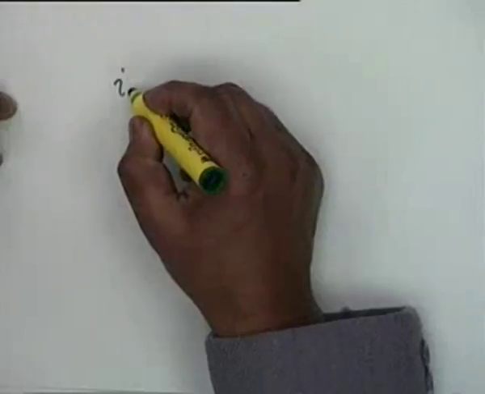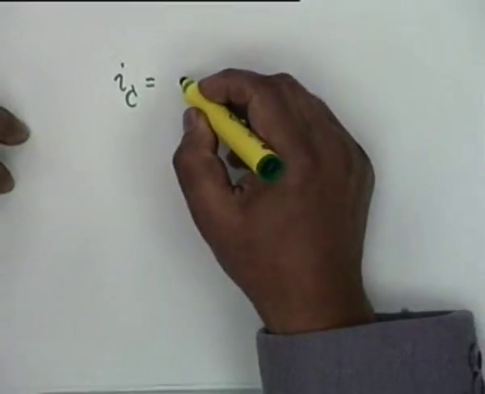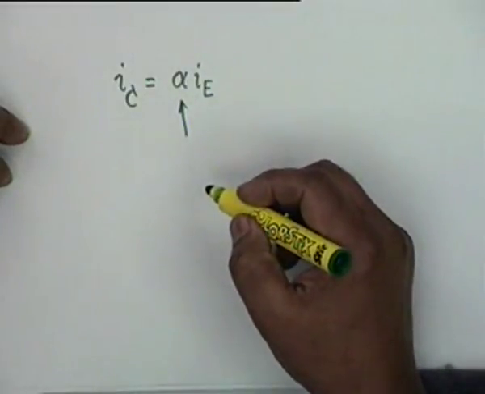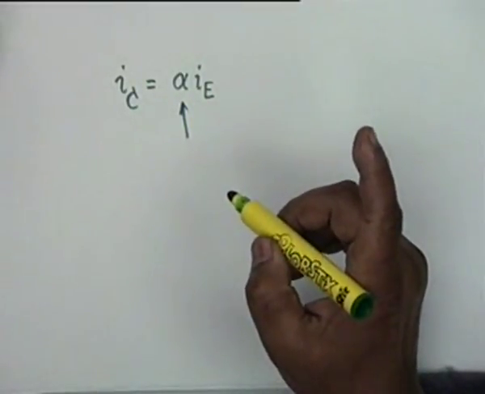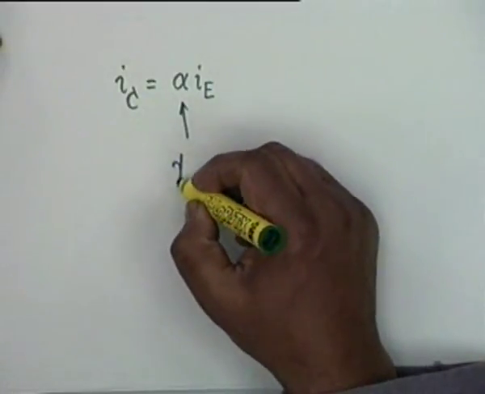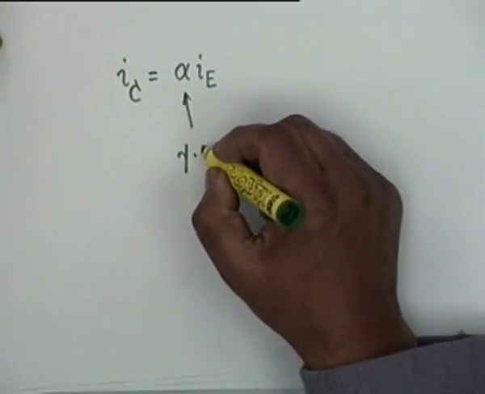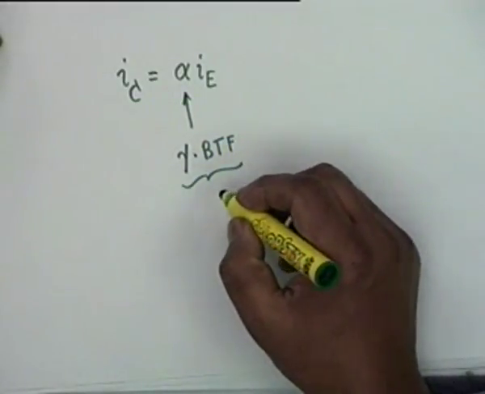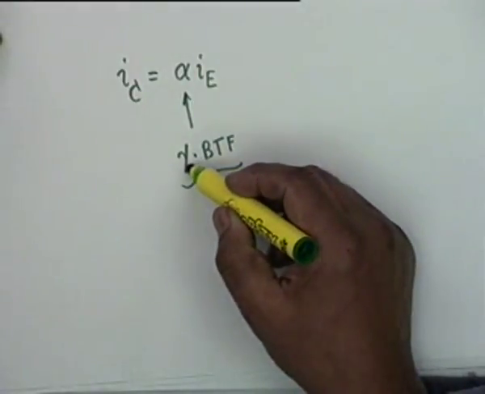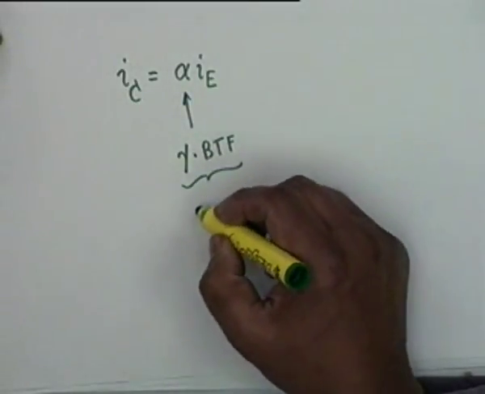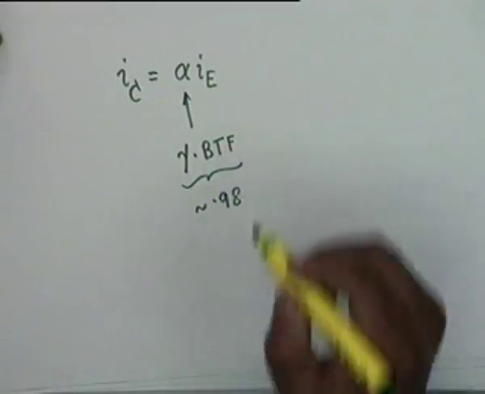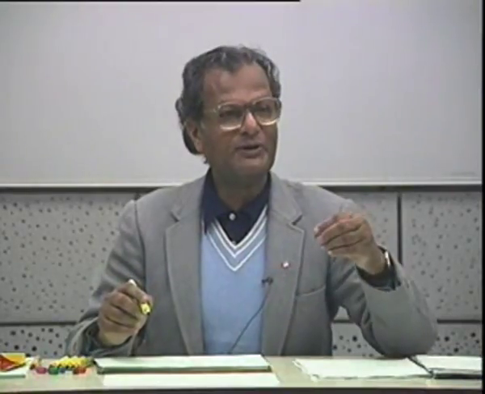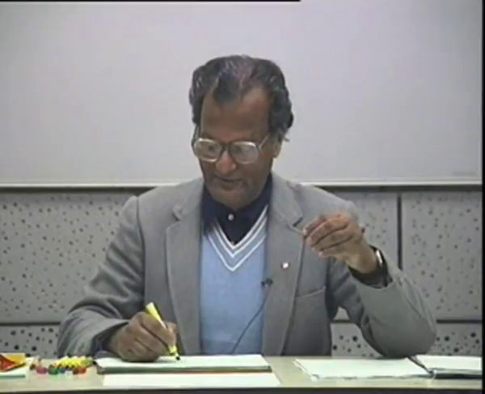The collector current I sub C is a fraction of the emitter current, alpha I sub E, where alpha is the product of, there are two reasons contributing to this constant alpha. It is the product of emitter efficiency and the base transport factor, and alpha in practice also is very close to unity, because both these factors are close to unity, and a typical figure is 0.98, let's say. 0.98 is not a very good transistor, it's more than 0.98, okay, maybe 0.985.